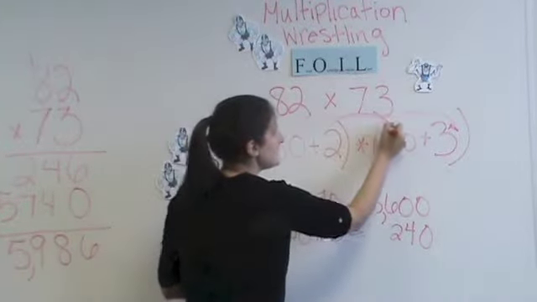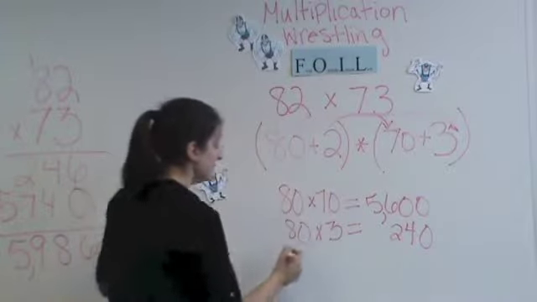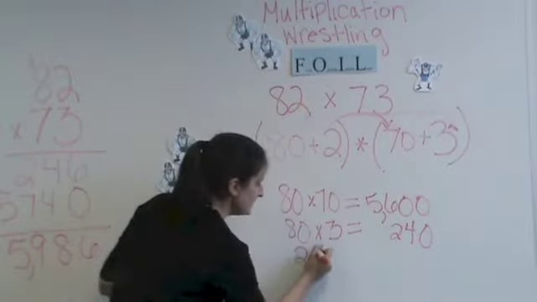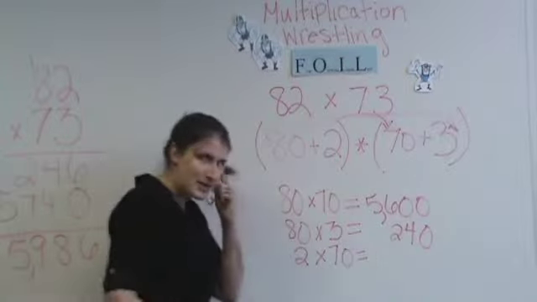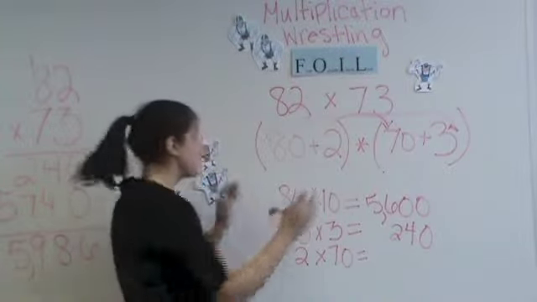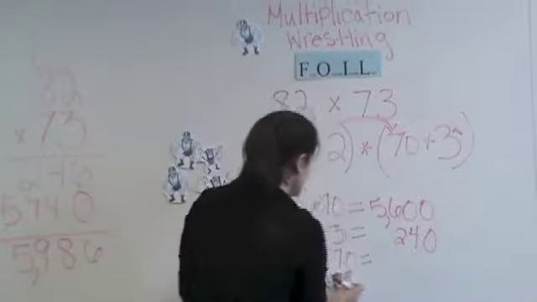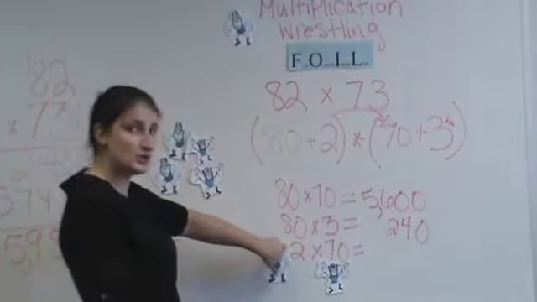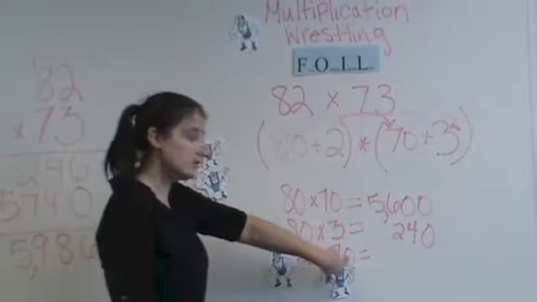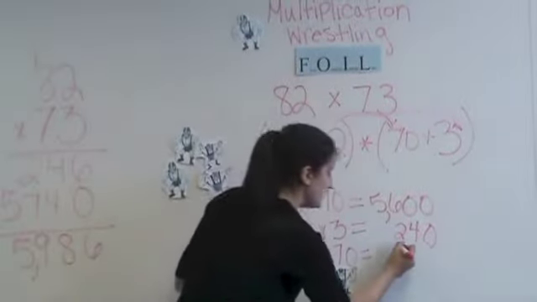So we're going to move on to multiplying 2 and 70. So I'm going to place our 2 here, times, and then our 70, and we can do our mental math because it's a really good idea. And we're going to take our wrestlers, and they're going to wrestle for the number, and our answer is going to turn out to be 7 times 2, which is 14. Add our 0 for our tens place, and that will equal out to be